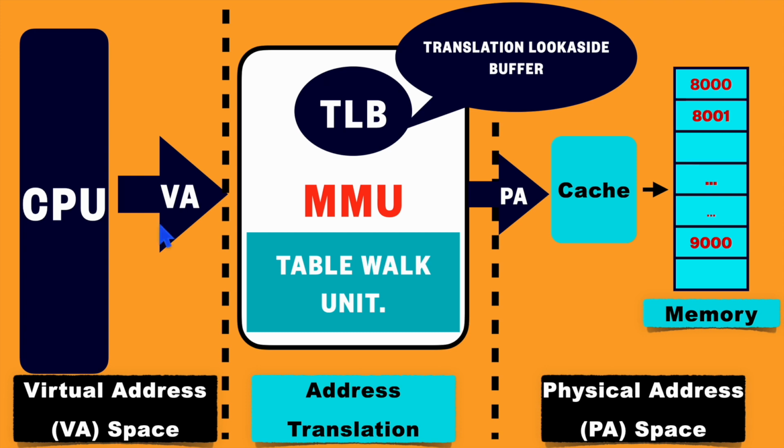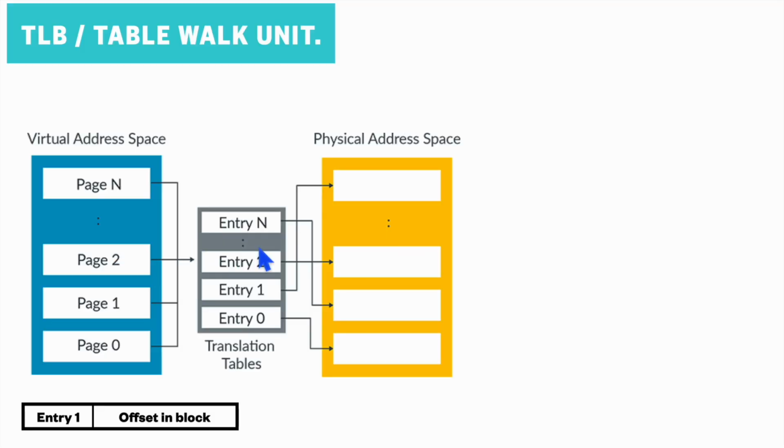So whenever the virtual address or logical address needs to be converted, first MMU checks in the TLB in the recent cache. If it finds there, it will directly convert to the physical address. And if the information is not found in this TLB, translation look aside buffer, then it will come here and walk through the entire table. And for checking the individual entry, it has virtual to physical mapping here.